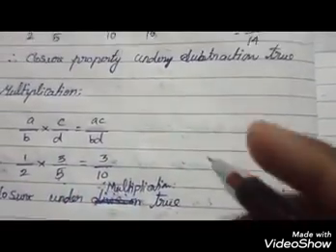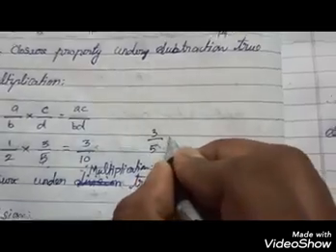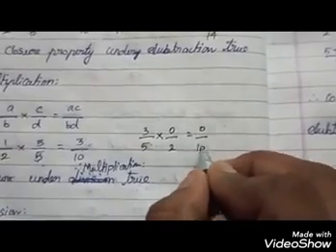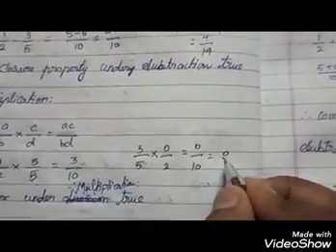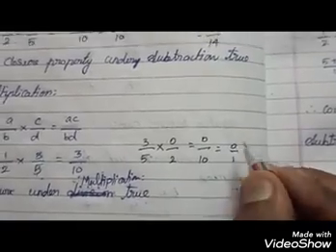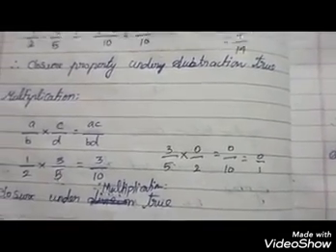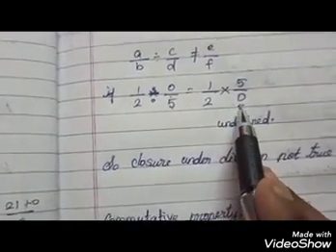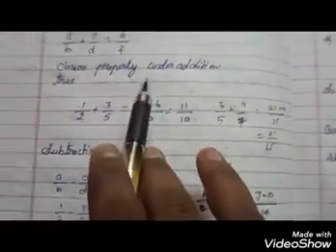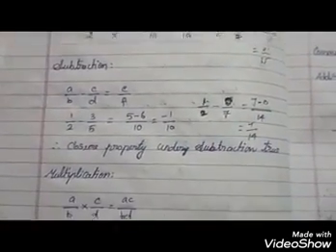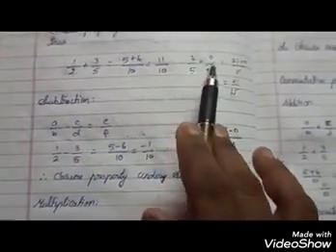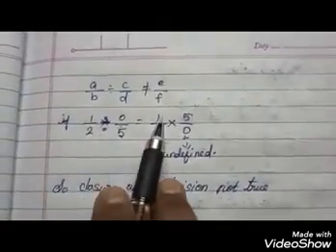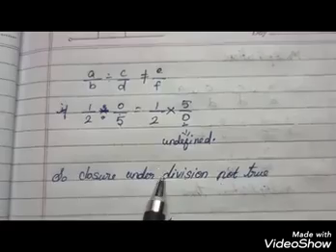In the multiplication condition, I take 3 by 5 into 0 by 2. Now 0 divided by 10 is equal to 0. So 0 can be written as 0 divided by 1. It is in p by q format. So 0 is also a rational number. But if we take 0 in the division condition, it becomes undefined. So here you see, in addition, subtraction, multiplication, if we take a number with 0 in the numerator, it satisfies the condition for rational numbers, but it does not in division. So that's why closure under division is not true.